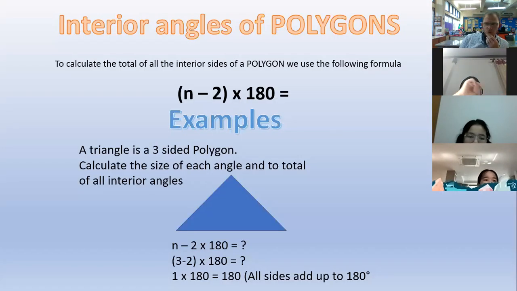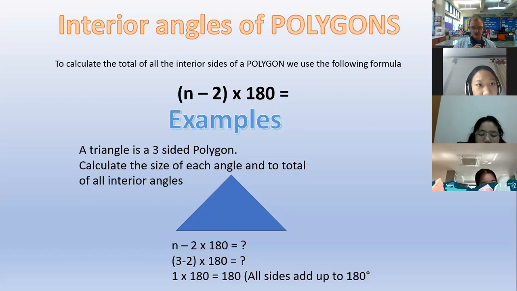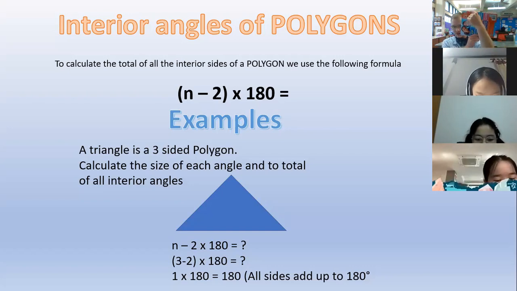When we're talking about polygons, we also sometimes have to calculate the angles. There's a very simple formula we can use to calculate the interior angles. This is to calculate the angles on the inside of the polygon. If this is my polygon over here, I want to calculate the size of all the angles, so I can answer the questions that the teacher will ask. So,